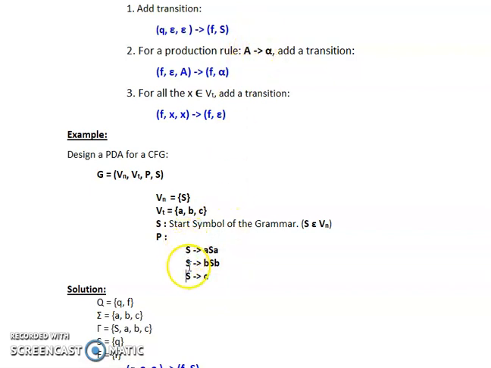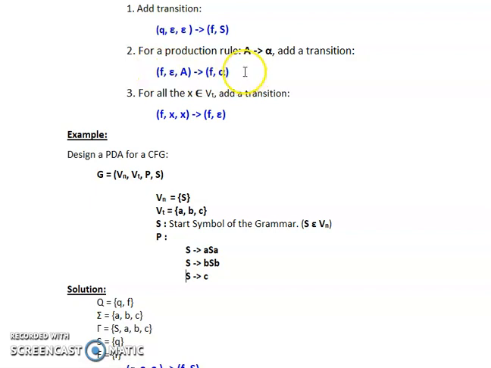On the left hand side of every production is a non-terminal, that is your capital A, and on the right hand side, alpha. Alpha is a combination of terminals and non-terminals. So in the first, a is a terminal and S is a non-terminal, so it satisfies the condition. In the second, b is a terminal and S is a non-terminal, so it also satisfies the condition. And S tends to c, so c is a terminal, which is also according to the condition because alpha is a combination of terminals and or non-terminals. So this transition will be applied to all the production rules of the CFG given to you.